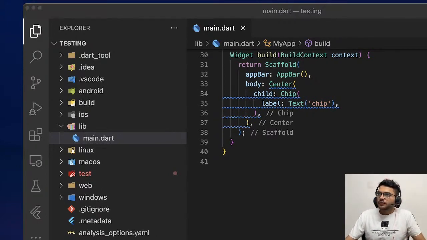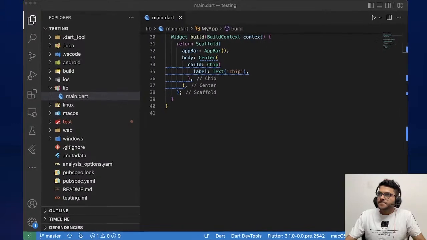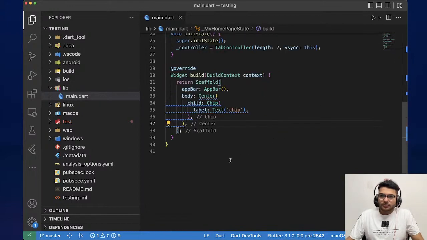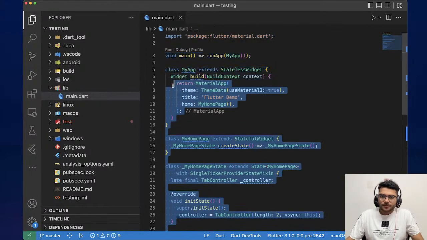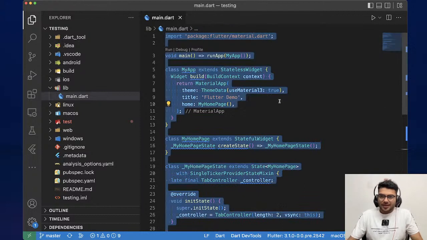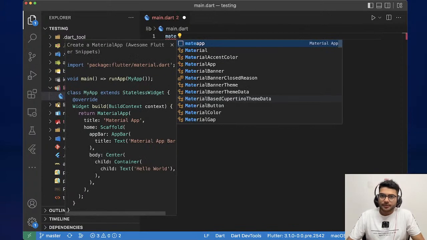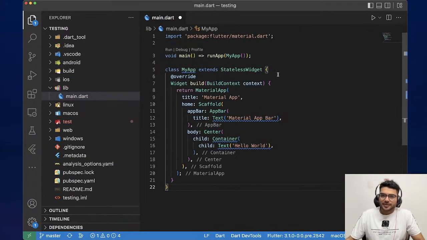Okay, I'll fix this again. So let's try to create a menu item. This is very fast. I can just remove it all. And whenever you want to start something, like the Flutter shortcuts, we give mate app, which creates a basic Flutter app,